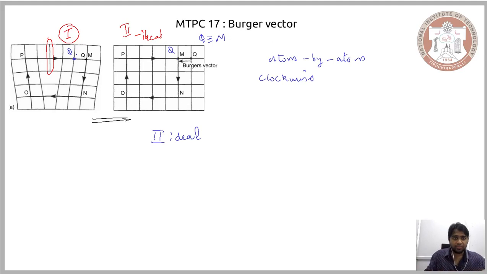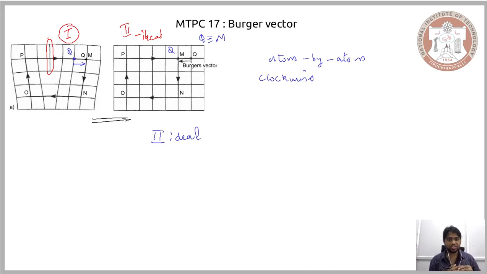Now when we begin with the ideal system and we move to the system with the dislocation, we observe that the Burgers circuit is not complete, and there is an observable gap between the initial and the final point of the Burgers circuit. Now the Burgers vector, the definition remains the same. The Burgers vector now needs to move the point Q to M, and in that case the Burgers vector should move in this direction. However, the magnitude of the Burgers vector would remain the same.